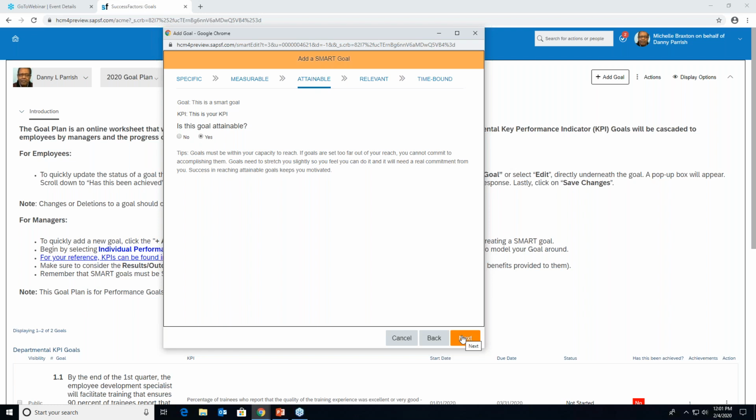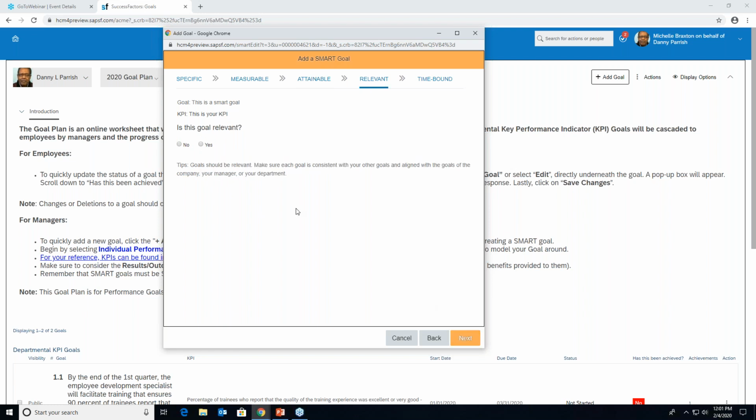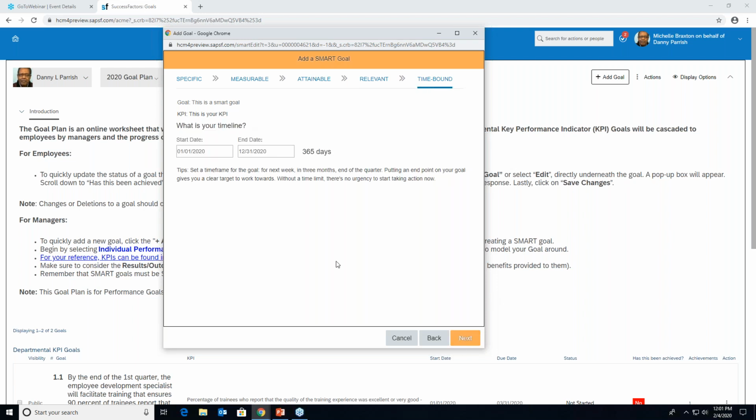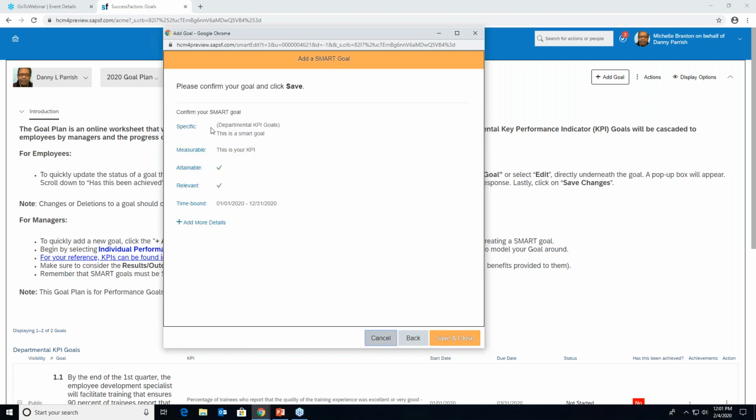And if you click yes and next, then it asks you, is this goal relevant? Again, same theory. And then time bound, it provides you with the dates. You would put the dates of when these are to start and due. And if you click next, it gives you an overview of what you just typed.